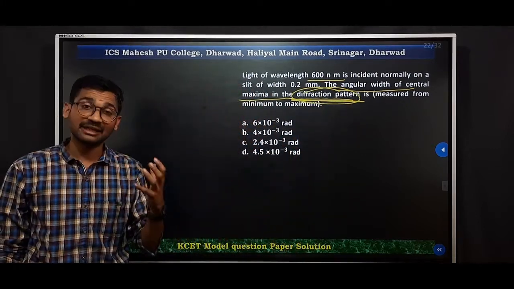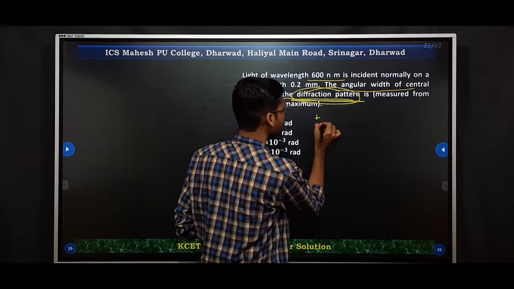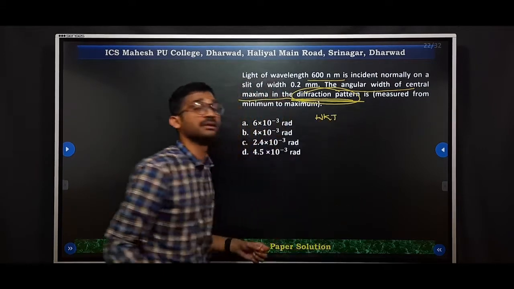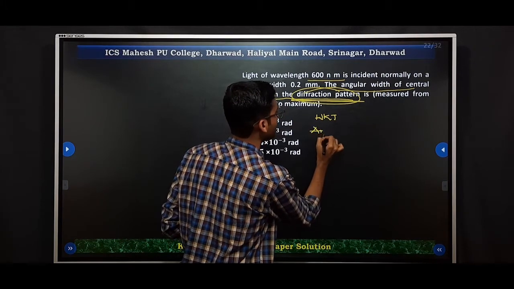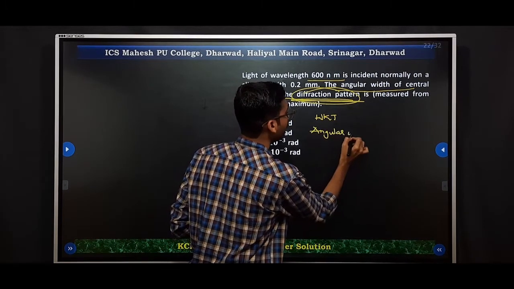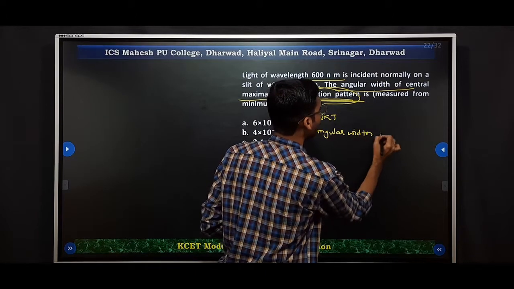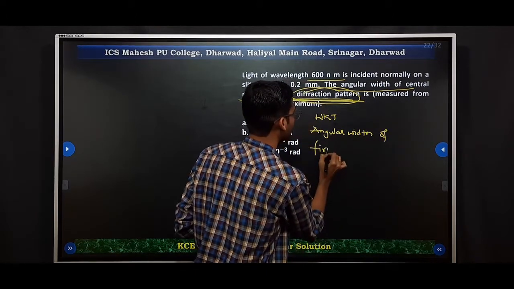Diffraction pattern. Therefore, we know that the angular width of the first minima